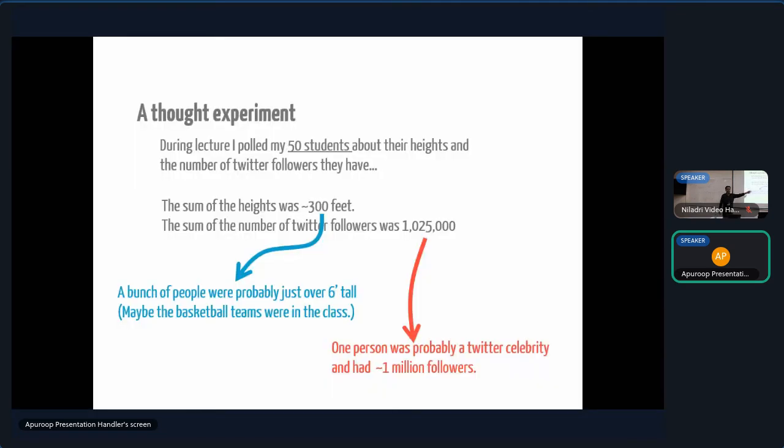But when you look at something like Twitter followers, the most likely reason why the sum is a million plus is that one of you in the room happens to be some Twitter celebrity of some sort, contributing practically the entire sum all by yourself. Same is true of money. If the sum of the net worths of everybody in this room exceeded $1 billion, it's most likely because one billionaire happened to be in the room. It's very unlikely that it will be because a lot of us are individually rich but not that rich. So that is the qualitative difference between the explanations for how this sum ended up being large.